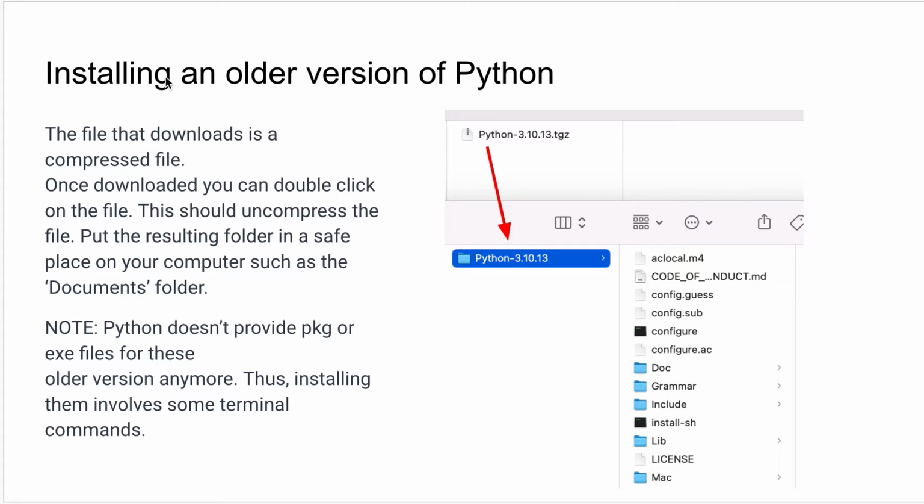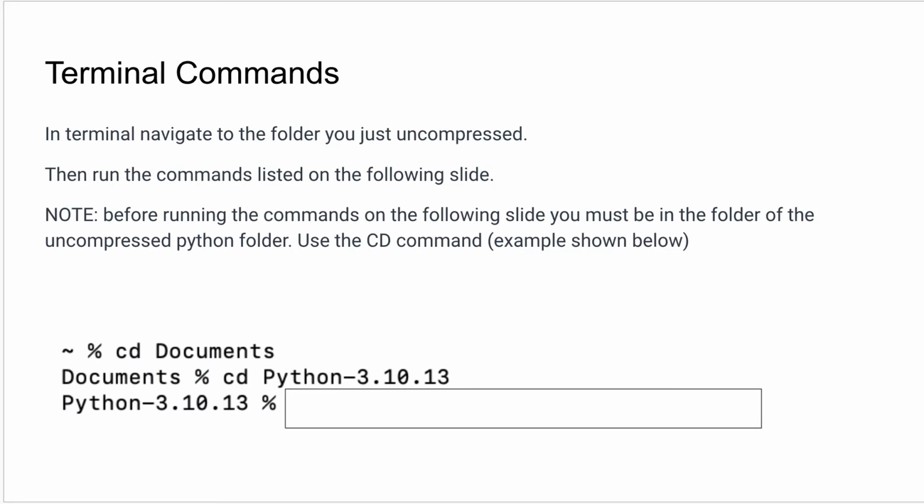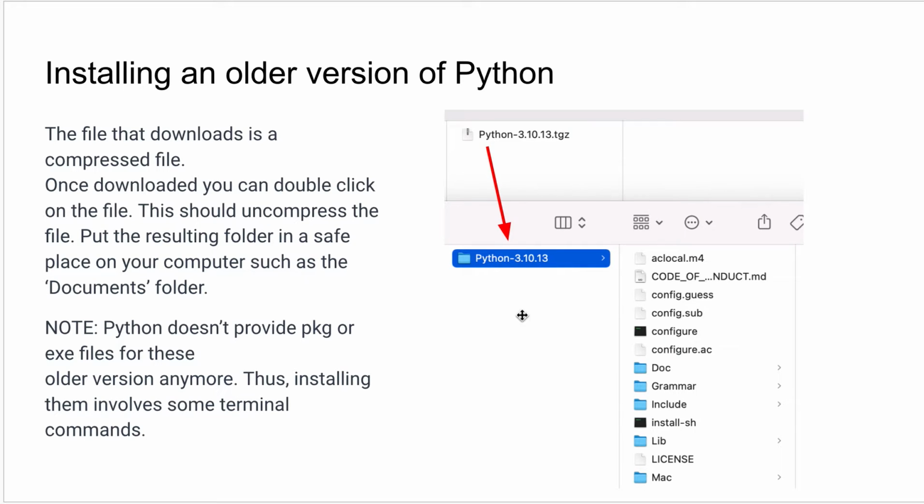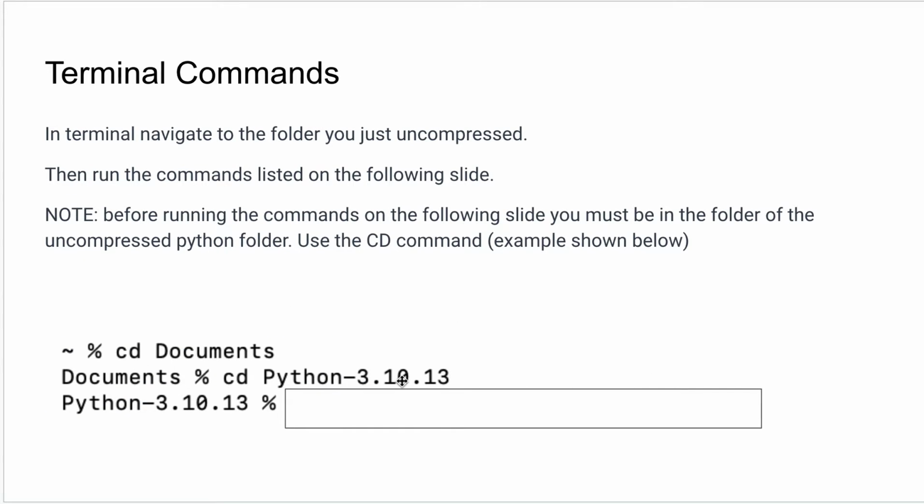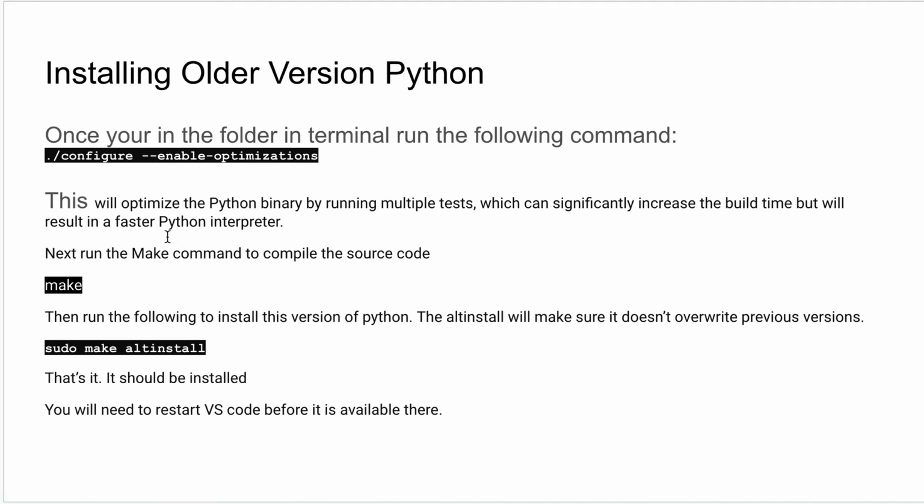So terminal is on every Mac, so you just open up terminal, and first of all, you have to use the cd command to navigate to the folder in which you had put this Python folder. So when you unzip, you have this folder. I recommend you put it somewhere like desktop or your documents, and then just navigate into that in terminal. It should say at the end of your terminal line whatever the name of the version of Python is that you're working with. So once you're in that folder, then you can go ahead and run this